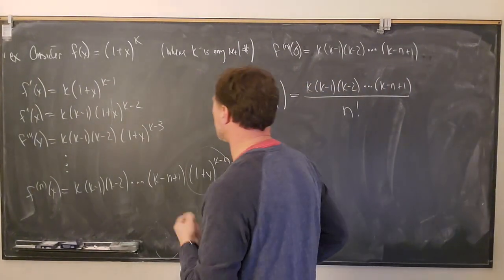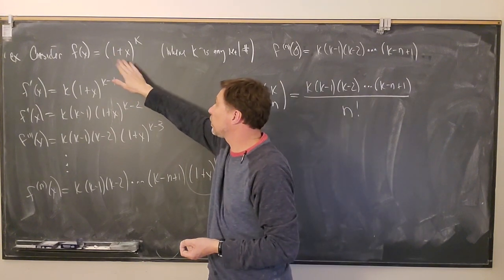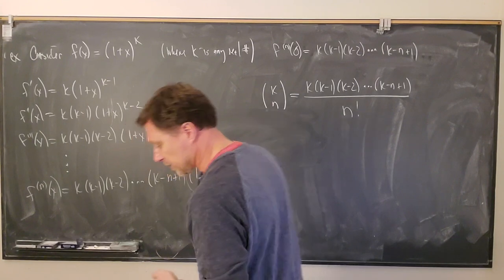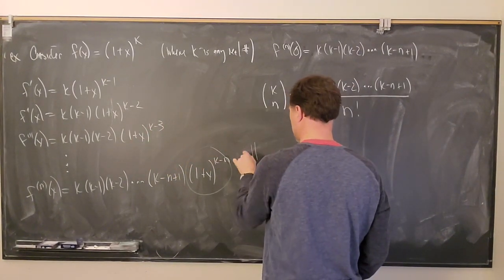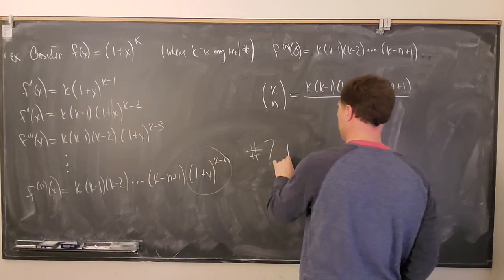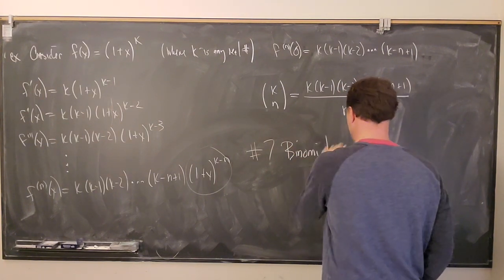Now, it turns out that this function will equal its Maclaurin series with radius of convergence equal to 1. And so we have, this is going to be number 7. Remember I said leave a little space there. So number 7 is the binomial series, is the name for it. So put binomial